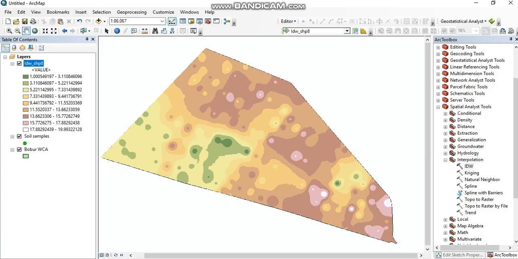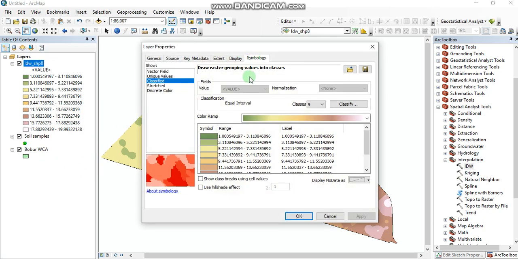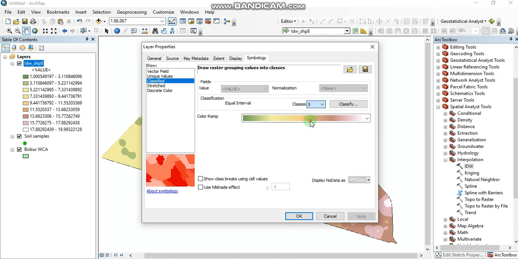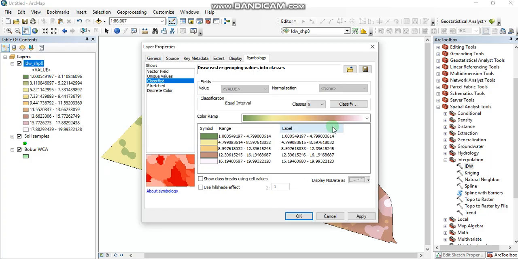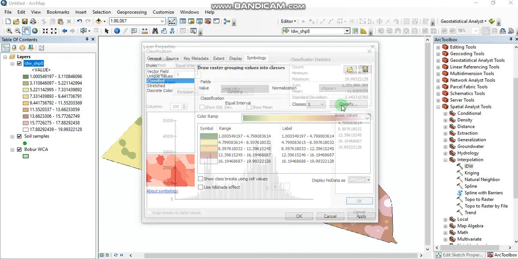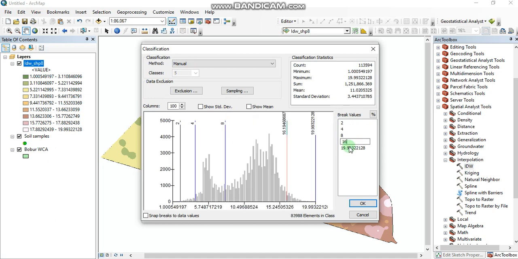That's why here in the symbology tab we should change the classes to 5, and we need to insert these value intervals in break values of classify here. For example, 2, and here 4, and 8, and 16, and this can be 20